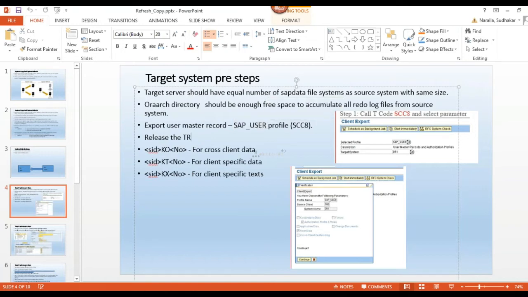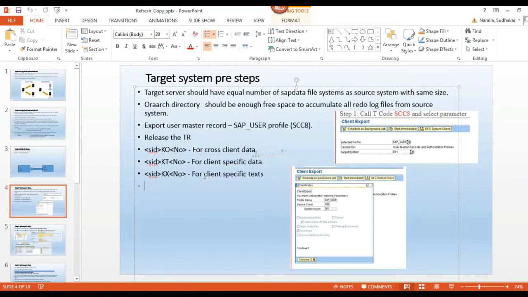Then whenever you have taken export, the export will be copied into one transport request, correct? There are three types of transport requests. Transport request numbers are the same, but naming conventions are different. Three types of transport requests will be created: KO, KT, KX. KO is client data, KT is client specific data, KX is client scripts, texts